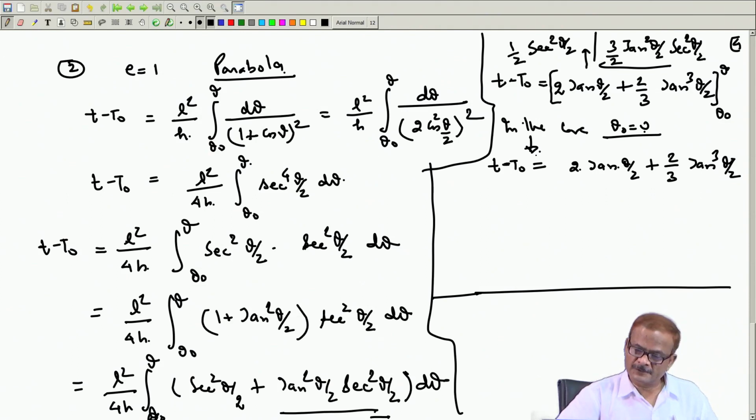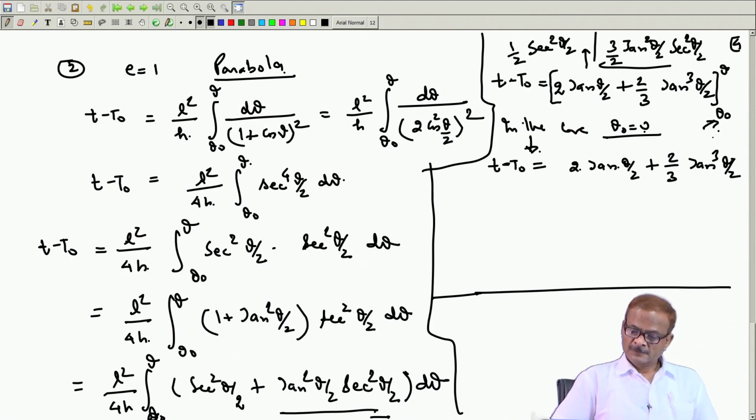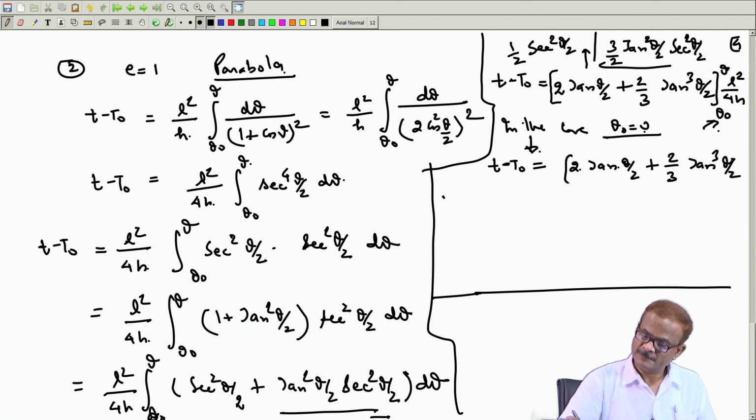So, this is only for the case where you have theta 0 equal to 0, otherwise we have to take into account this factor also. Okay. Now, we have this term also; here we are missing the other term, L square by 4 h. So, L square divided by 4 h,